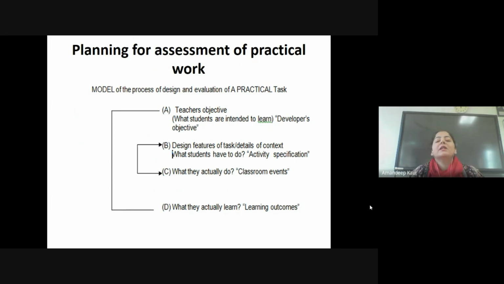So in practical classes also, the teacher needs to define the whole activity specification in the form of a chart displayed for the students, and that acts as a feedback tool for the students to know what their teacher wants them to learn while working in that particular environment. And after defining that activity specification chart for the students, the teacher needs not only to demonstrate the